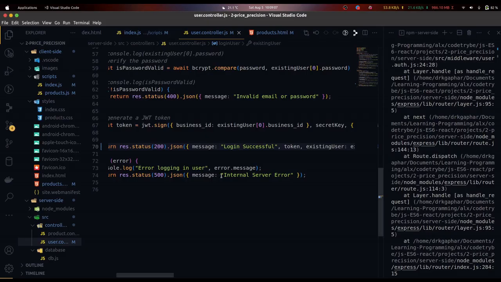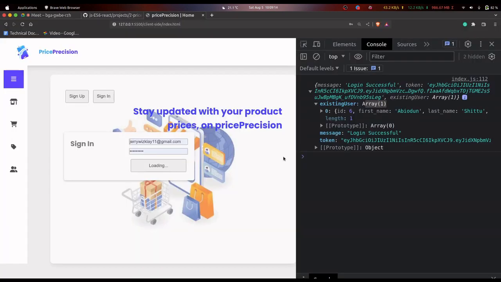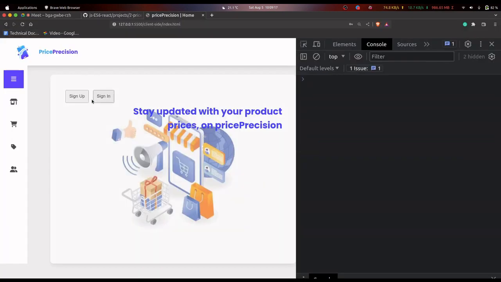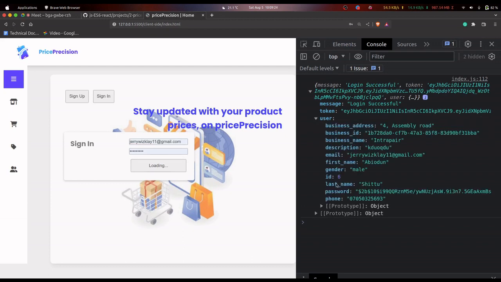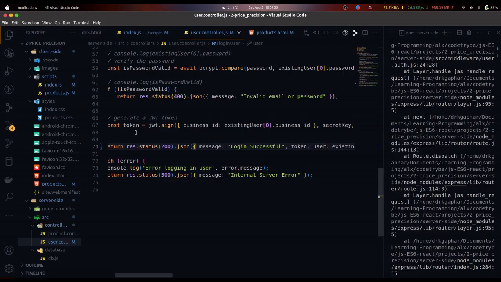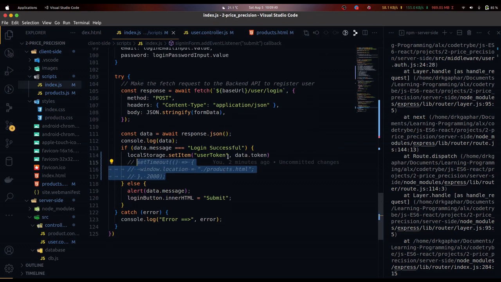Let me just do this as user is equal to the existing user at the first index. So we won't be looking for what up and down. So it will be easier to actually target it that way. You can see user just has this. It's easier to target it this way. Good. So I've already registered before. When you log in, it's just going to prompt the first name and the last name. So now since we already have that, when the user logs in,